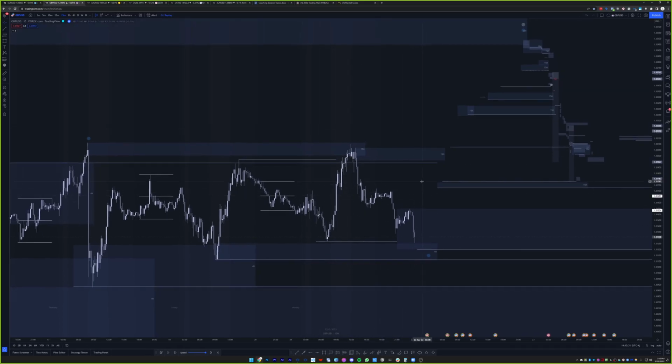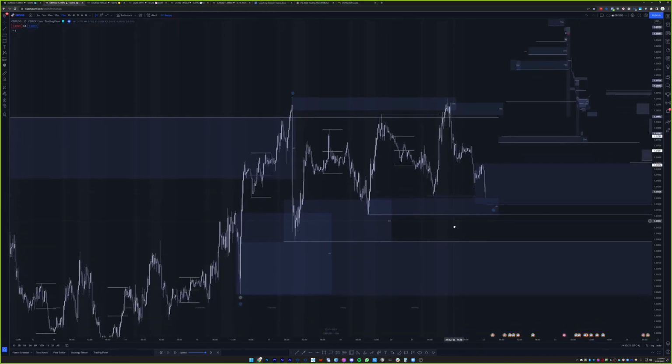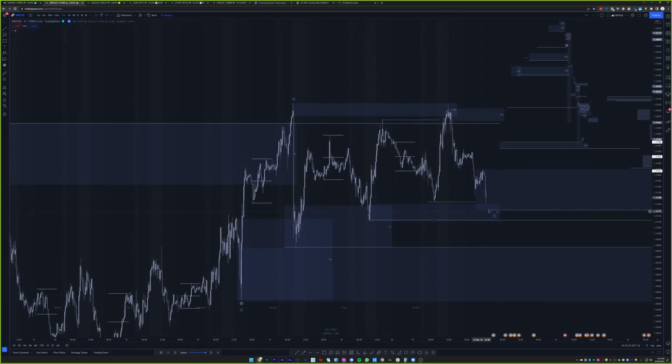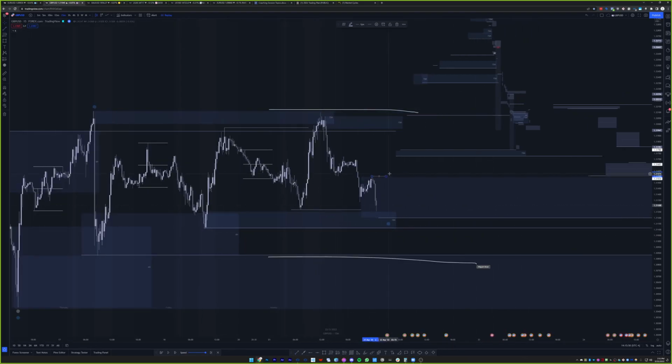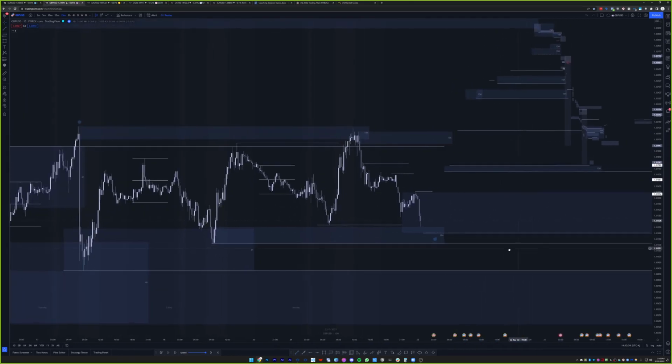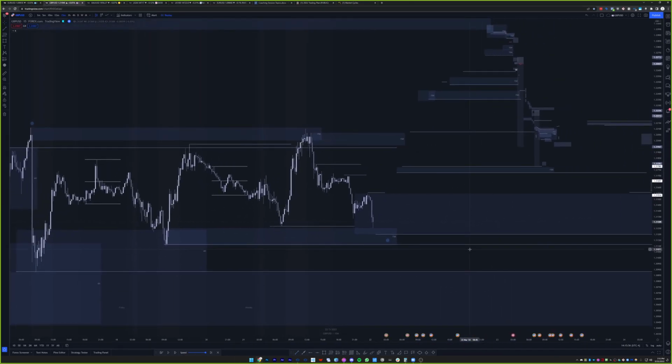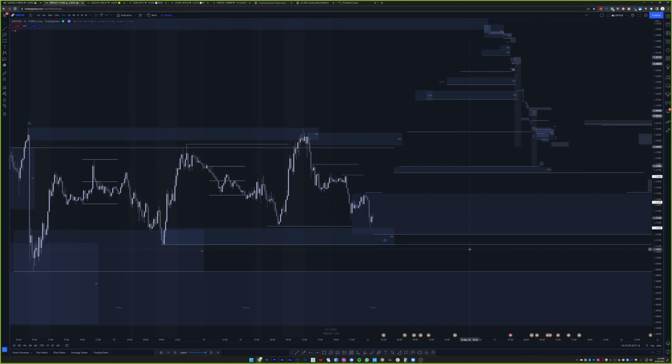GMT. So anyways, I think overall I'd be biased long on this one, just knowing that there's liquidity sitting here, right? So we'd be careful. Also, you're on the range, so on the range you want to buy here, sell here. You want to stay out of the middle, right? We are within this, because again, IRL forms here too. I know there's a lot of lines on the screen again, but you guys get the point. So let's push forward a bit.